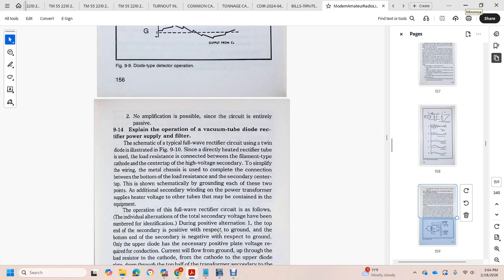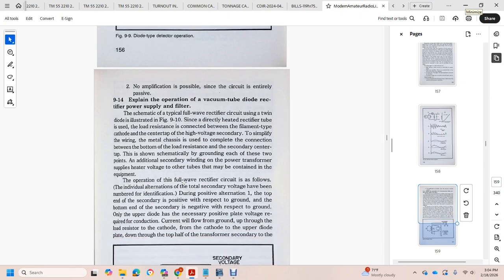Figure 914 is one of the operation of a vacuum tube diode rectifier with the supply filter. Schematic: the typical full-wave rectifier circuit with a twin diode is illustrated in figure 910, with the directly heated rectifier tube. These low resistances are connected between the filament and the center tap of the high voltage secondary, with the simplified wiring to the metal chassis and the complete connection between the bottom and the load resistance. The secondary center tap is schematically grounded. Each over the two points, an additional secondary winding of the power transformer supplies the heater voltage. Operation: the full-wave rectifier circuit is traced with an individual alternation, with the total secondary voltage having numbered identification